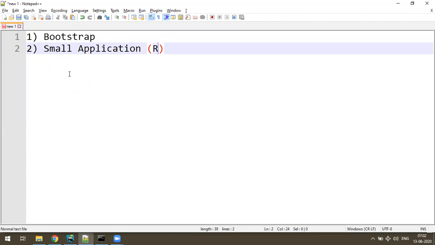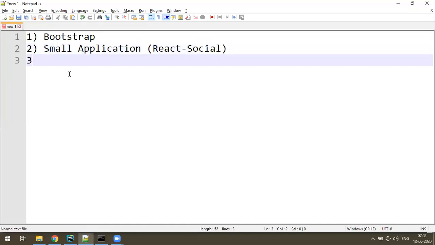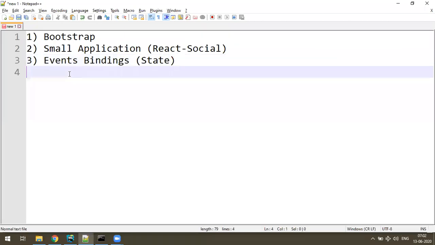That application's name is React Social, using Bootstrap. And the third one, we're going to start with events binding. So how to do event binding? Inside that, we get a concept called states. Once that is finished, today we'll start with forms handling. How to handle the forms data. So this is today's agenda.